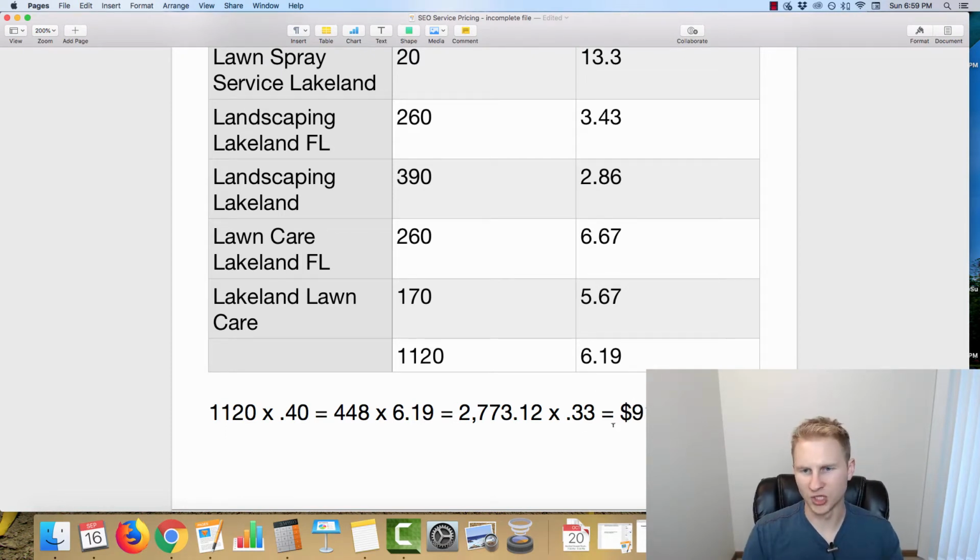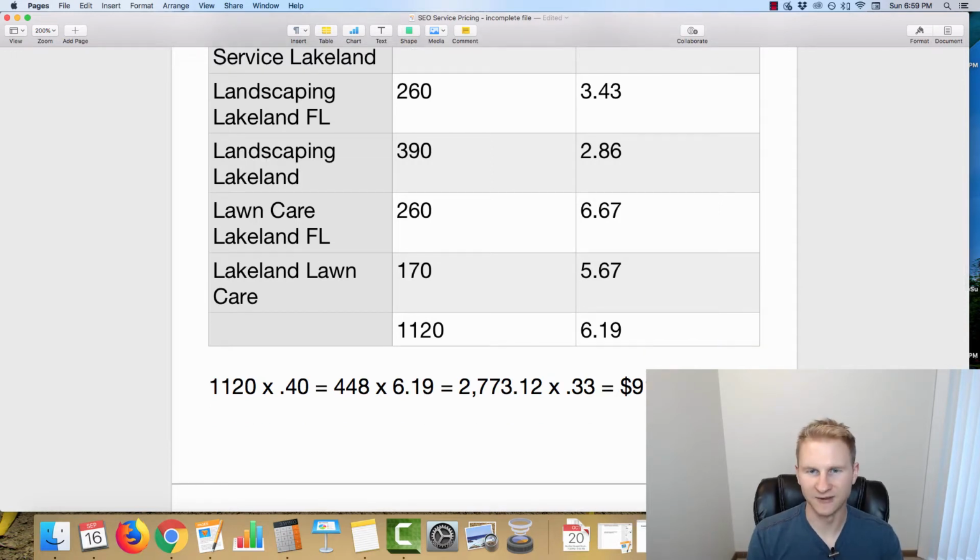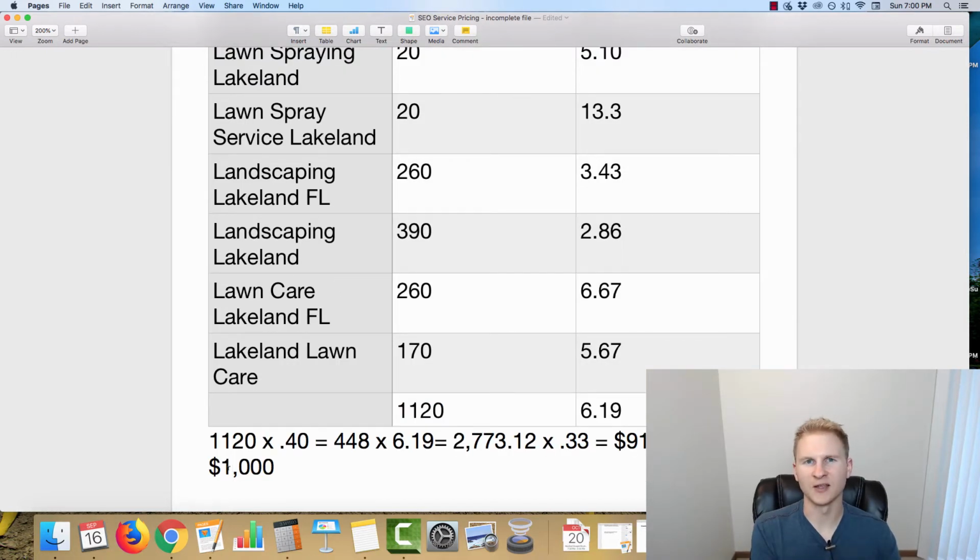So then from here, what I would generally do, because a lot of business owners, if they're writing a check or something like that, it can be kind of a pain to have to do the cents and whatnot. I would probably just round it up to either like 950 or 1,000, because again, I know the value that my company service brings to our clients. But definitely as a bottom number, if you're in a negotiation type of thing with the client, do not go below the number that your calculations are giving you. So that's the quick way that I go about pricing SEO services.